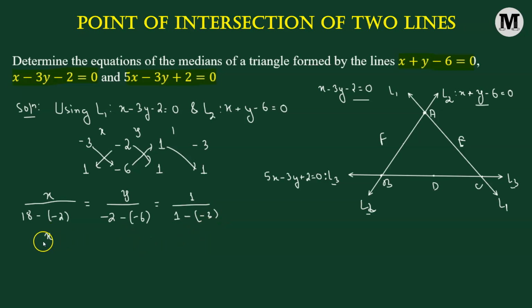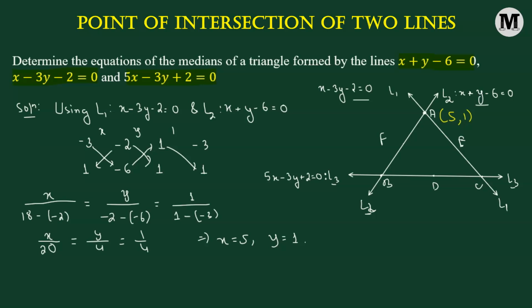So what we have is x divided by 20 equals y divided by 4 equals 1 divided by 4. Now when we solve, x comes out to be 5 and y comes out to be 1. So we have obtained the coordinates of point A, that is (5, 1). Next, we'll find the coordinates of point B by solving the equations of lines